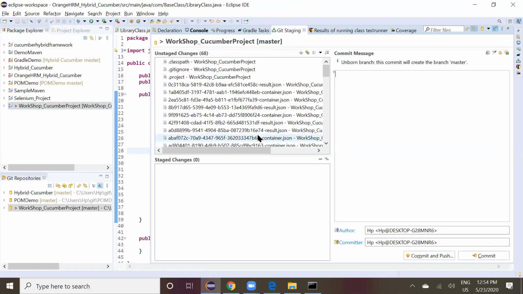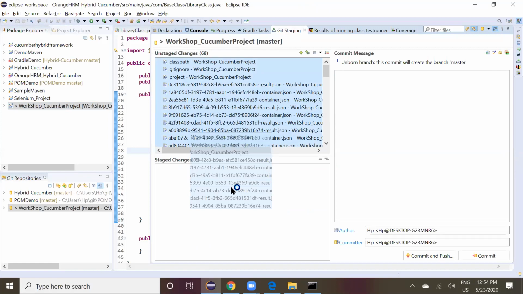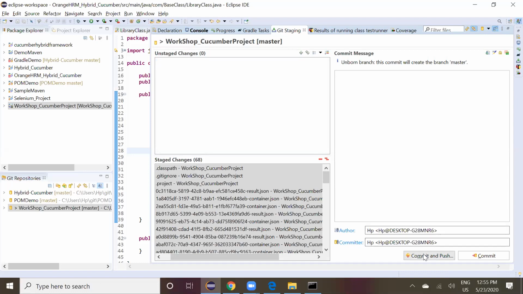Did you commit it? Press Control A, select all, and drag it. Give the commit message: Workshop Cucumber, project first commit. Okay, click commit and push.